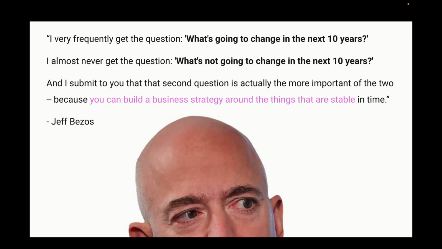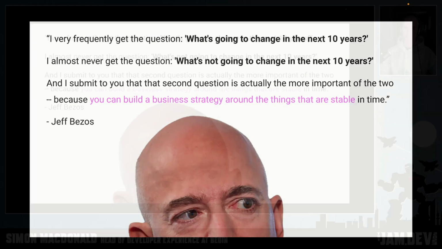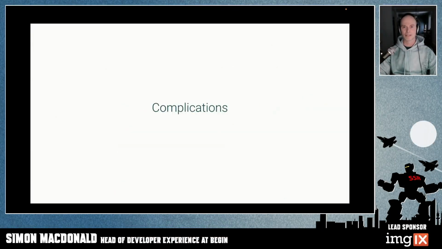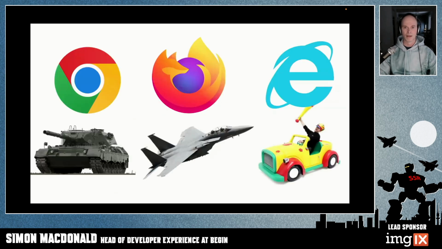Why do we want to build businesses on top of things that don't change? Well, it's because software is really complicated. And it is certainly not made less complicated by adding a lot of dependencies to your software. Arguably, it's made way worse because these dependencies often conflict with one another, and that can be a huge pain. Now, we've seen this kind of thrash before. Web browsers used to be very broken. The browser ecosystem used to change all of the time. It was not uncommon for these different browsers to interpret capabilities differently, and therefore they would break different websites.